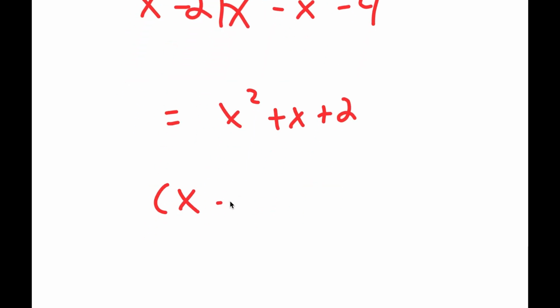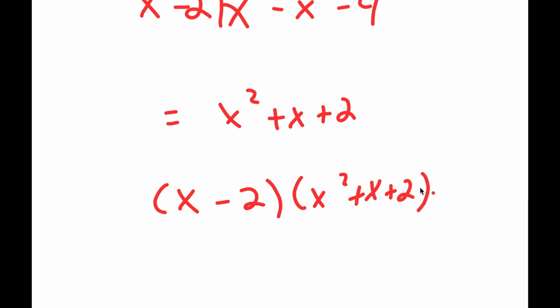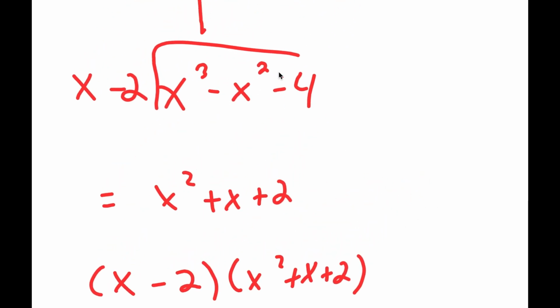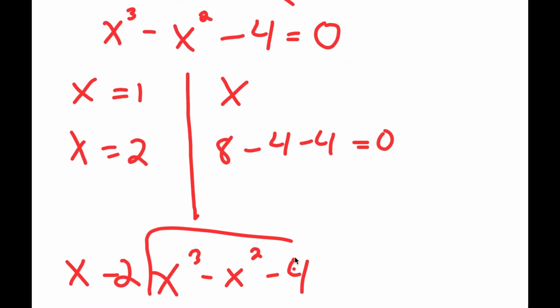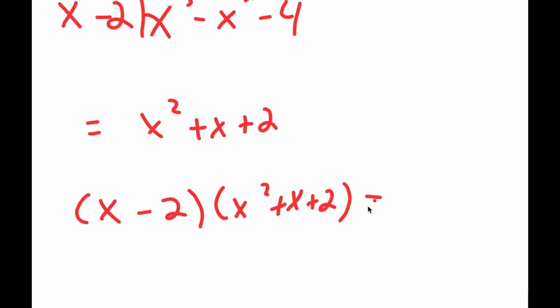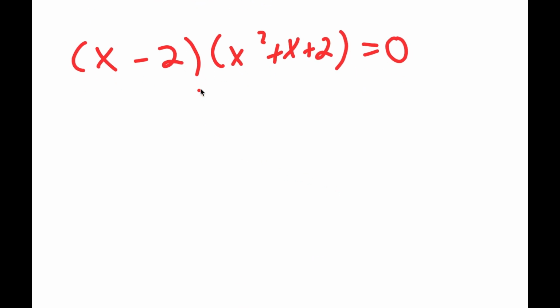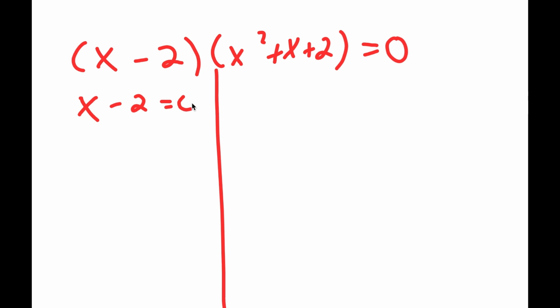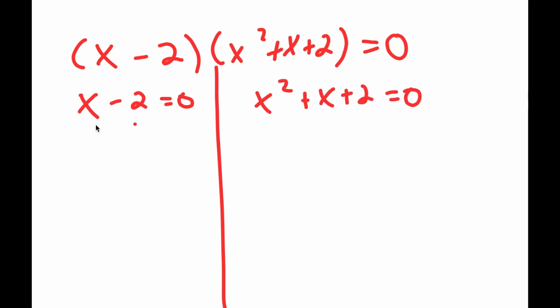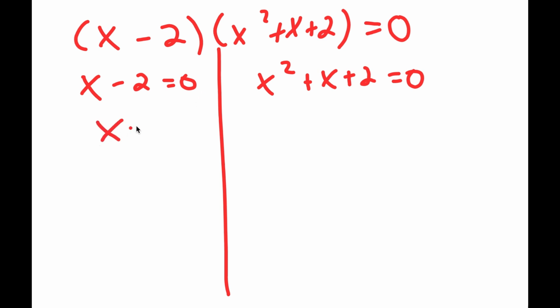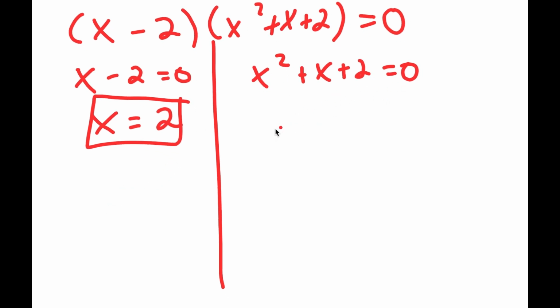So I get x minus 2 times x squared plus x plus 2 is equal to x to the power of 3 minus x squared minus 4. And remember, that's equal to 0. So now to solve this, I get two equations. I get x minus 2 is equal to 0, and I get x squared plus x plus 2 is equal to 0. So for x minus 2 equals 0, x is obviously equal to 2. That's a simple equation. And now for x squared plus x plus 2 equals 0, I'm going to use the